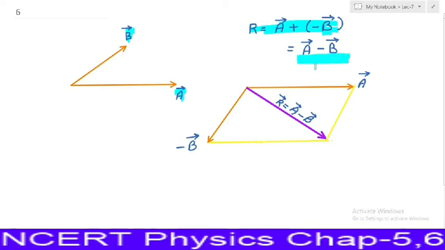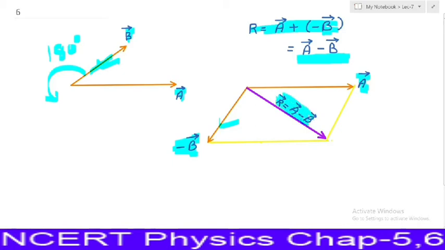Representation wise, if this is vector a and this is vector b, now if we want to negate a vector, means vector b is given and we want to find minus b vector, then just rotate that vector by angle 180 degree. So if this is vector b, then this would be vector minus b. Here what we have done, magnitude of both these two vectors are same, just we rotate this vector by 180 degree. So this vector corresponds to minus b. Now if we add this vector a and this vector minus b, then that addition would correspond to vector a minus vector b. So in this way we can subtract two vectors also.